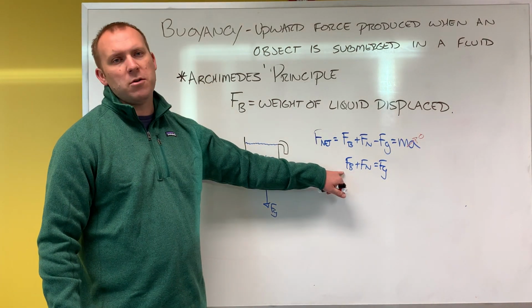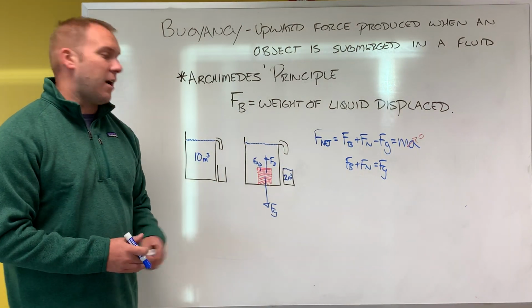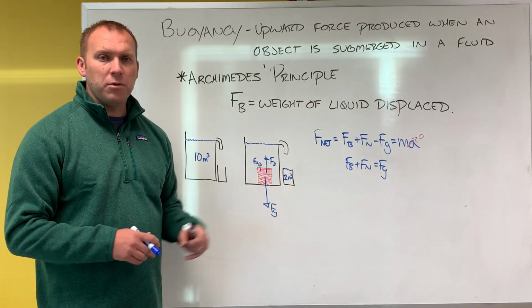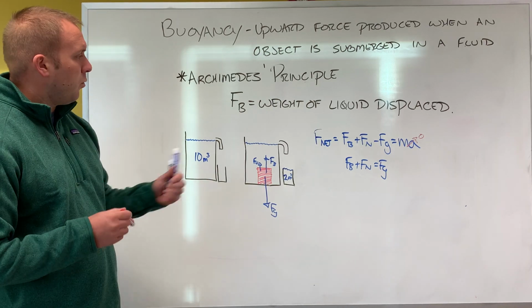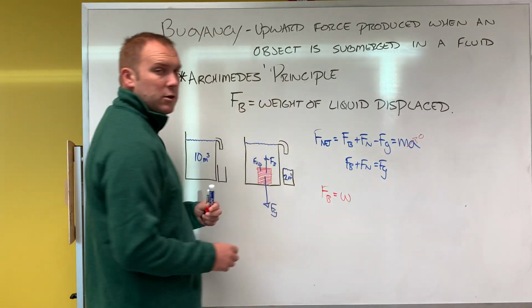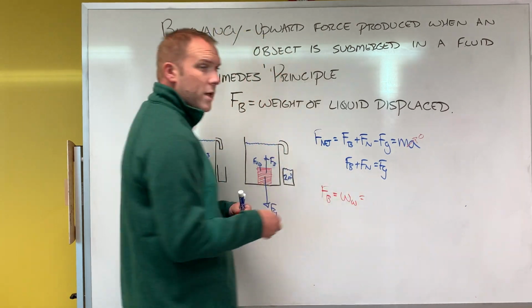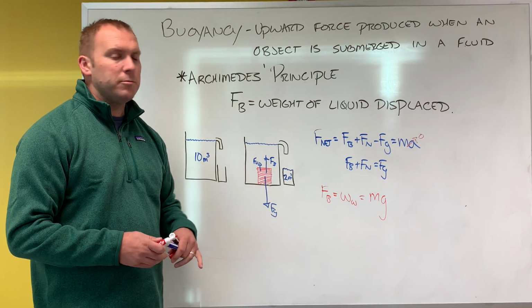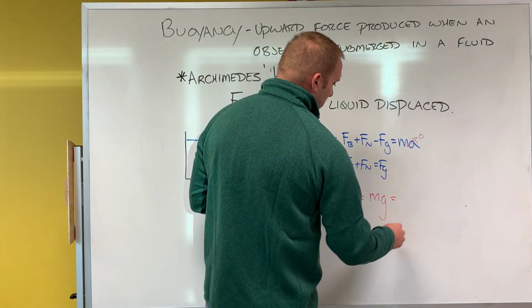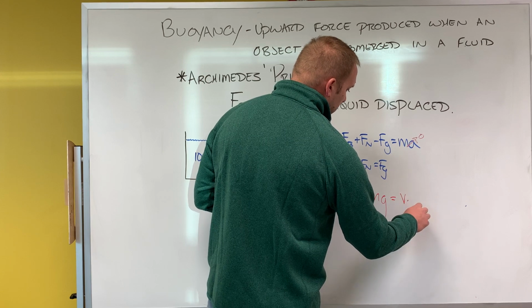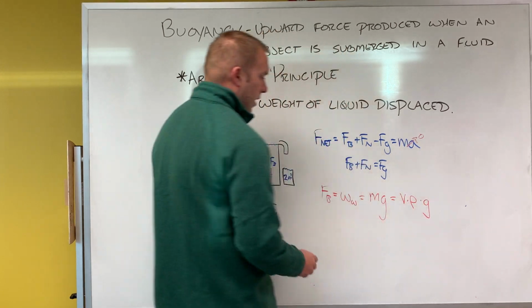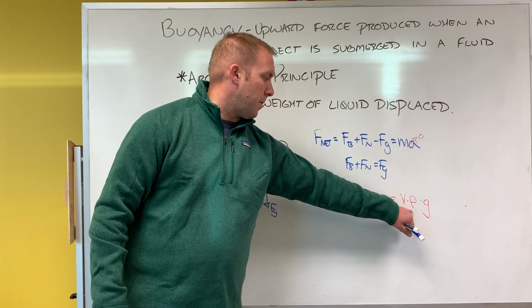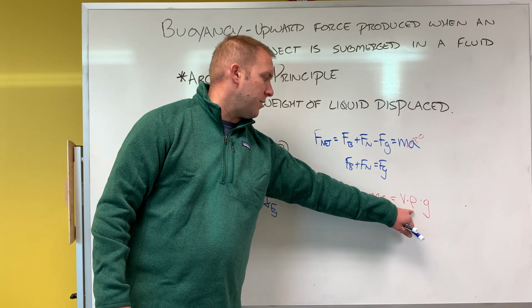But how could we determine the buoyant force if we don't necessarily know the size of our object? We do know that the 2 meters cubed of water overflowed when the object was submerged. So what we can say is that the buoyant force equals the weight of the water. Remember, weight is just mass times gravity. And if I don't know my mass, but I know my volume, I can say that that is also volume times density times gravity. So the volume that overflowed, times the density of the liquid, times gravity,